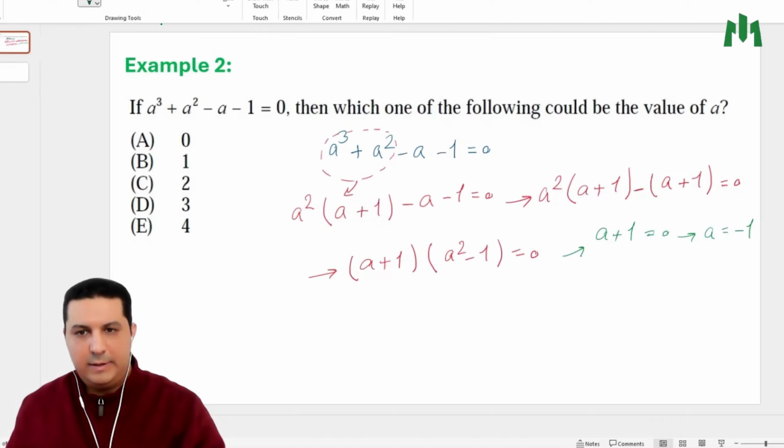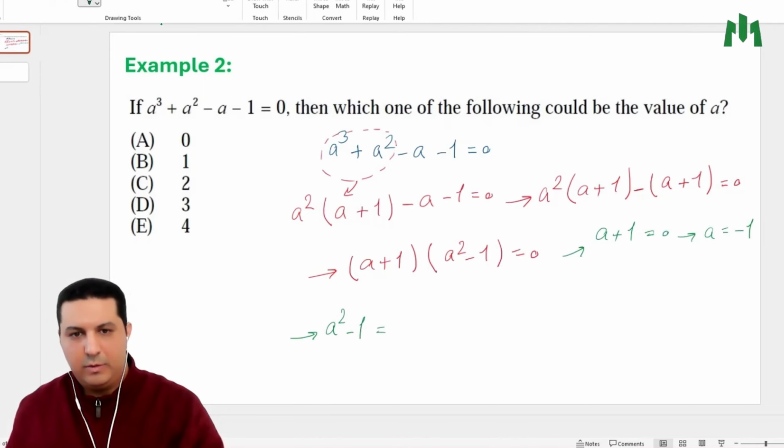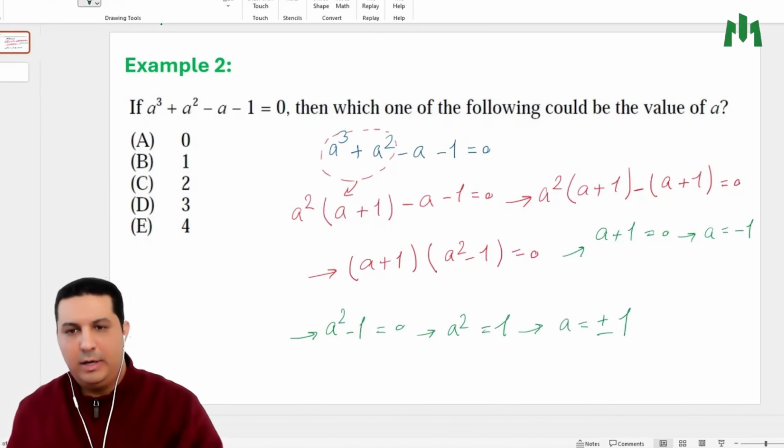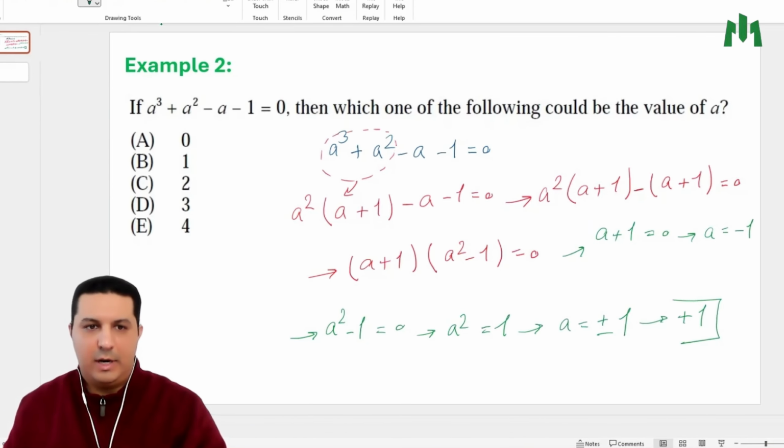And the other one is a^2 - 1 = 0. So this is a^2 = 1. And as you see, a can be positive and negative 1, only positive 1 is the answer. So the right answer